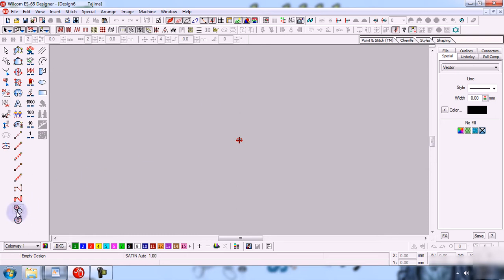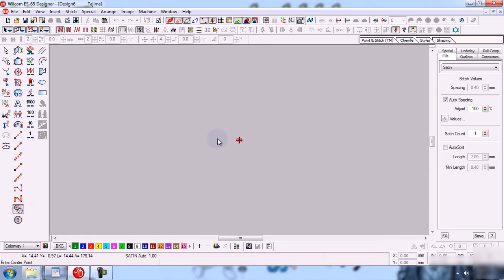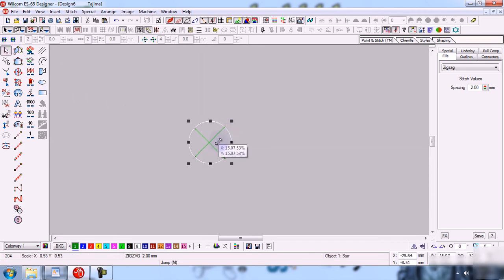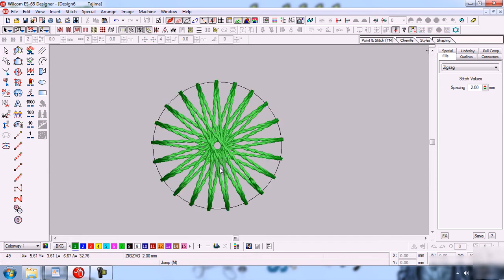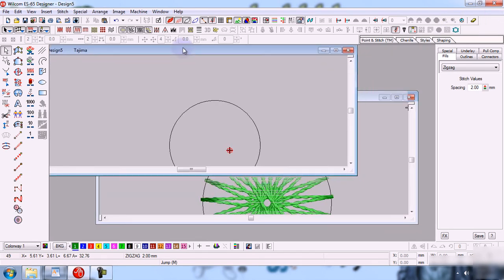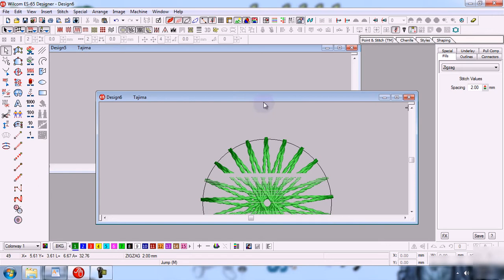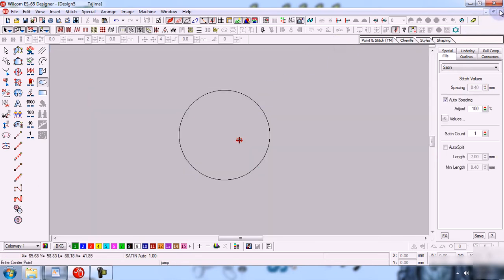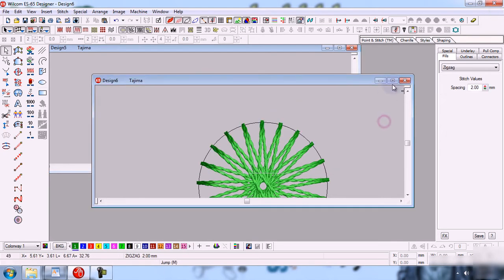For example, here I made a circle. As you can see, these two projects are separate from one another. We can work on any type of project at any time.